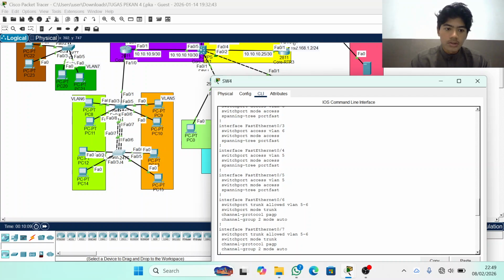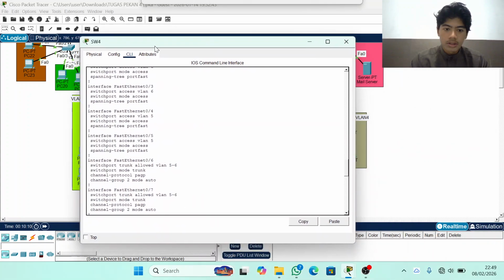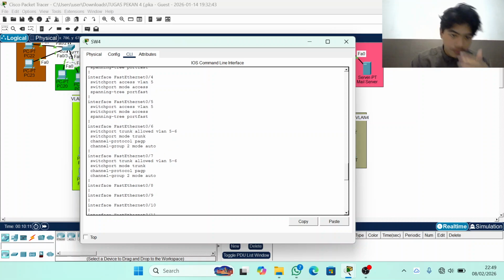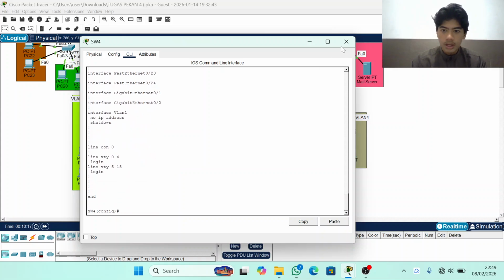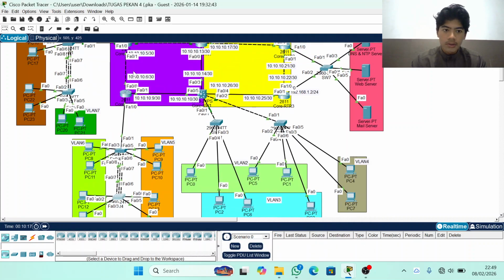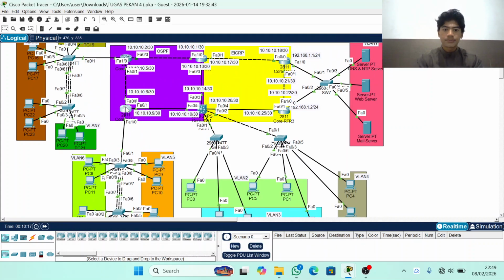You want to match your interface with this particular stuff. And then switchport trunk allowed VLAN 5 and 6. Yeah, switchport mode trunk, and then the channel protocol PAgP right here, and the channel group 2 mode auto. So yeah, and then for the core router here,